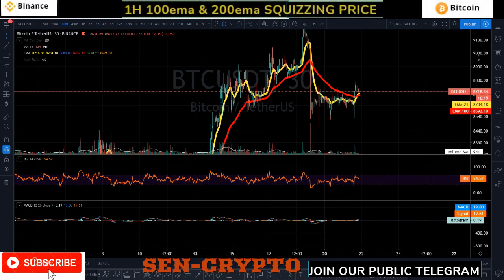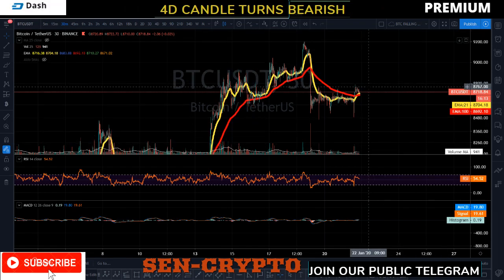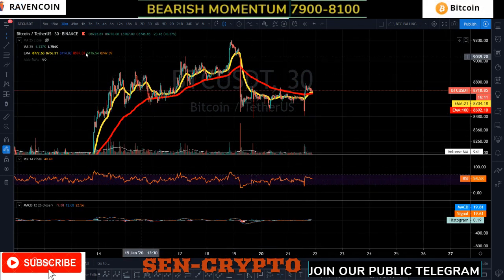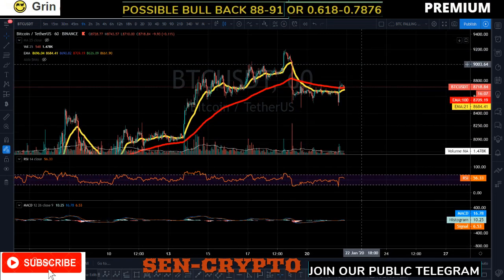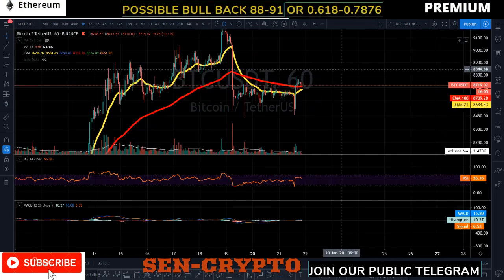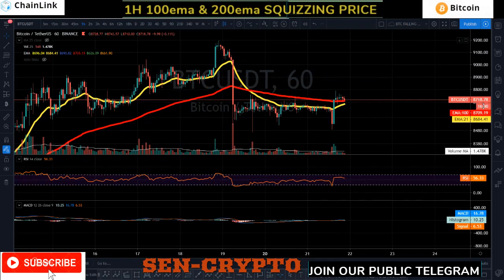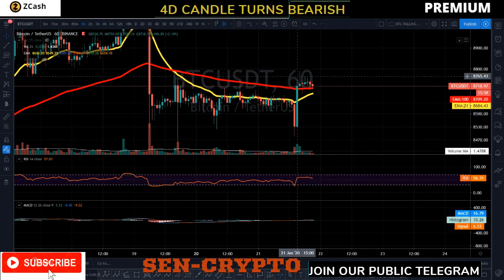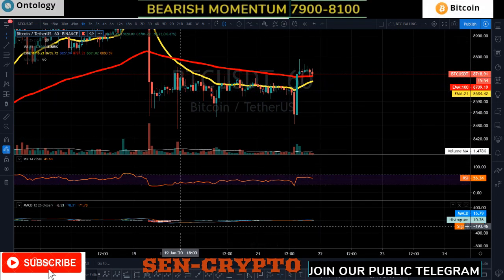In today's content, I'm just going to give you guys a very quick update regarding the price action. As we discussed previously, BTC is still hanging tight just about the 100 EMA. Now we managed to close above the 100 EMA on the hourly time frame, which is very good, right? So right now we're holding very strong above the 100 EMA, but we can still break it and retest the 200 EMA on the hourly, okay, or retest at least a